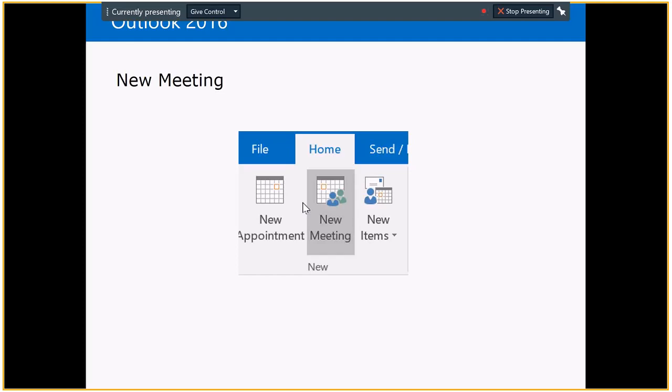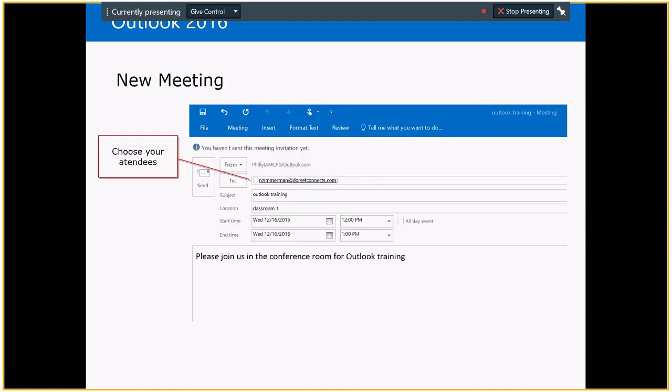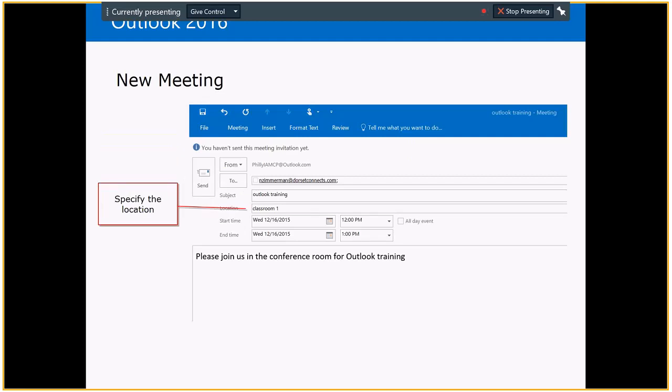So from the home screen, if you're on the calendar view that we talked about earlier, if you're looking at your calendar, the home screen, rather than saying new message, is going to have new appointment or new meeting. The key for a meeting is to choose who your attendees are. Okay, inviting people to it, as I said. So you put in your attendees, the subject, what are you meeting about, where are you meeting,